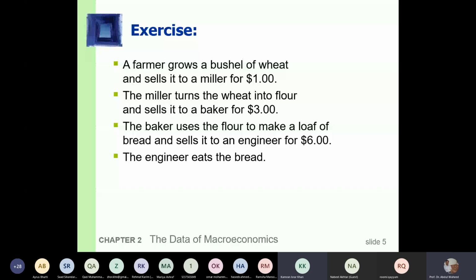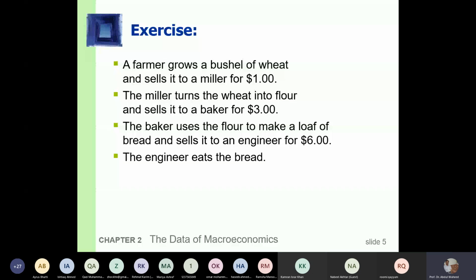Flour is also an intermediate good because flour is not purchased for immediate consumption. Flour is purchased for further processing. Further processing means that you want to convert flour into what? Bread. Okay. So flour is an intermediate good, wheat is an intermediate good, but what